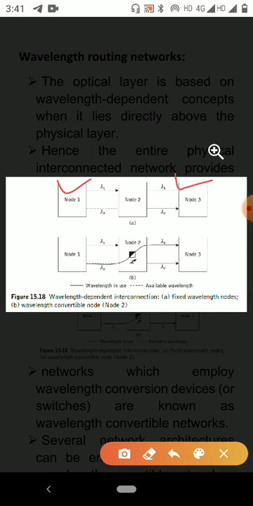When a light path cannot be established on a link using a single wavelength channel, it is referred to as a wavelength continuity constraint. A methodology to reduce this wavelength continuity constraint is to switch the wavelength channel at node 2 by converting incoming wavelength lambda 2 to lambda 1 to enable a link between node 2 and node 3 to be established.